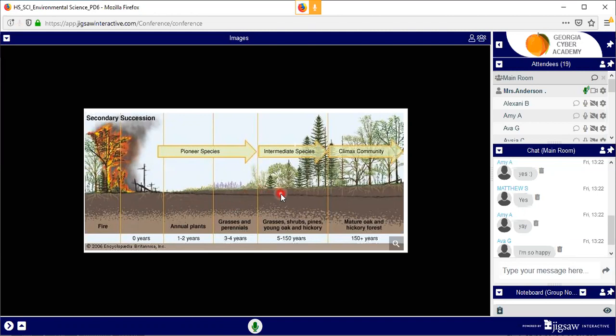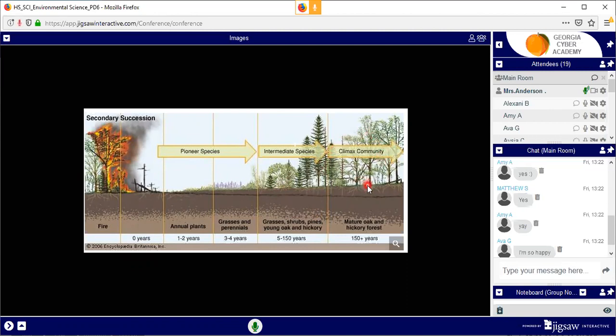It takes about 5 years before you start getting any kind of shrubbery or small trees. Trees can take up to or over 100 years to completely mature. So it takes a while after you finally start getting these little trees at 5-6 years after the fire until they're completely mature.